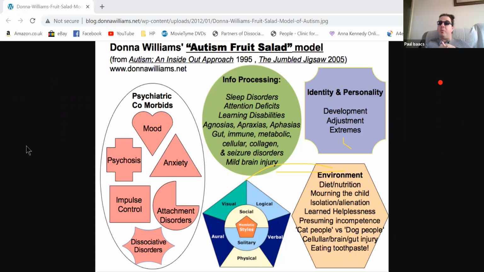So some people with autism can have mood disorders, emotional dysregulation. In fact, emotional dysregulation is common in autism. It's about 60%. 60% of people, for whatever reason, whatever origin, struggle with the ability to manage and function their own emotional states. Then you have anxiety disorders of varying different types and degrees.